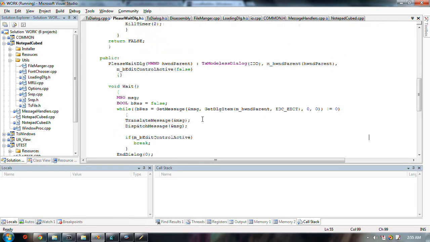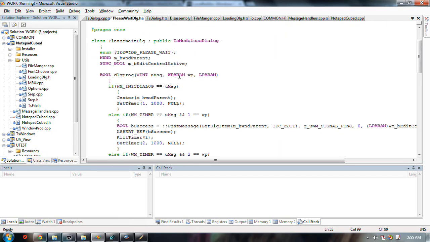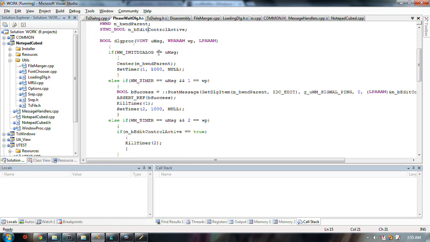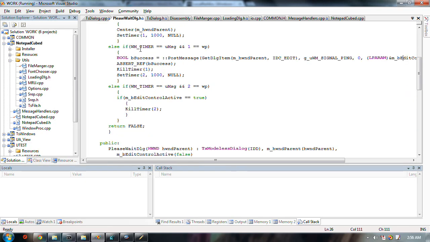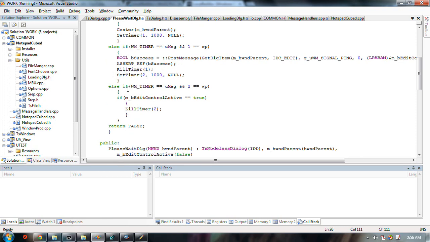And the reason I want that to happen is because I have one of these thread safe booleans, and I post a message to that edit control, a special message, the address of that thing, after 1 second has elapsed. Give some time. I don't want it to suddenly die. And then I switch to a second timer,